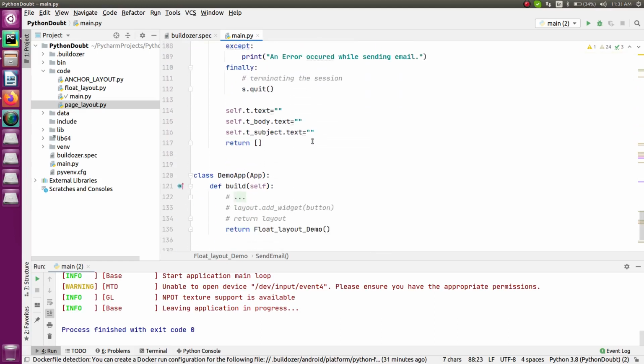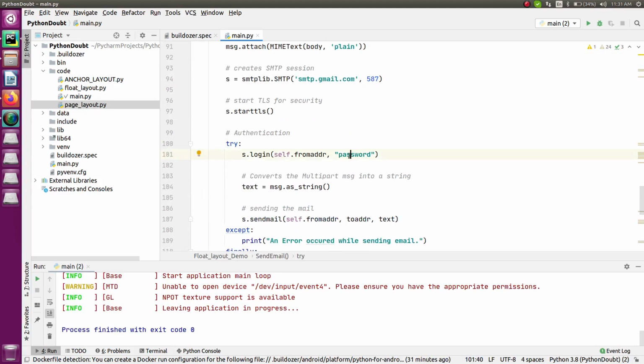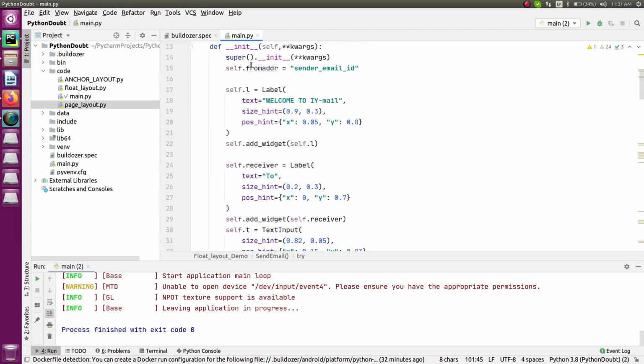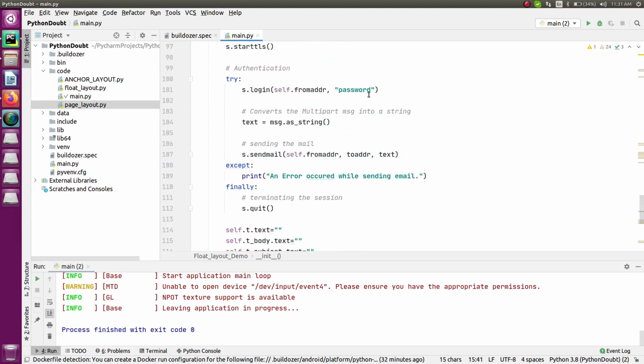So this is how I have entered that part, and accordingly you can see I haven't mentioned the password. What you have to do is, in here you can see in line number 15, self dot from address. This is the email ID of the user from whose ID you are going to send an email to anybody, right? Let's say I'm going to use my email ID, and from there I'm going to send you an email. So here just specify the email ID for that, replace it with this, and accordingly set the password for that, right? So here you have to mention the password. This is how you're going to do it. Just change the ID and password, and then go on as per that, right?